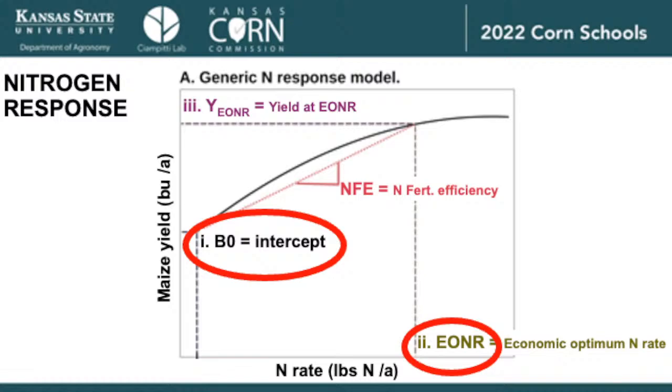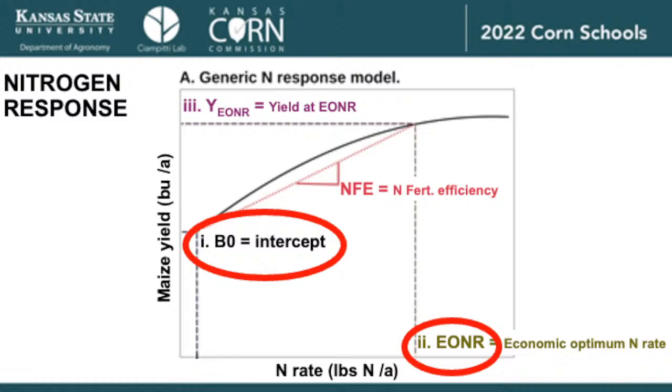The yield without nitrogen will be the first component, the V0 that you see over there, the intercept of that model. Then we have different components such as efficiency, or the yield at the economic optimal nitrogen rate, that is supposed to be the most efficient rate to give us a prescription, right? But in the real world, what we have when we create these models, in the next slide,